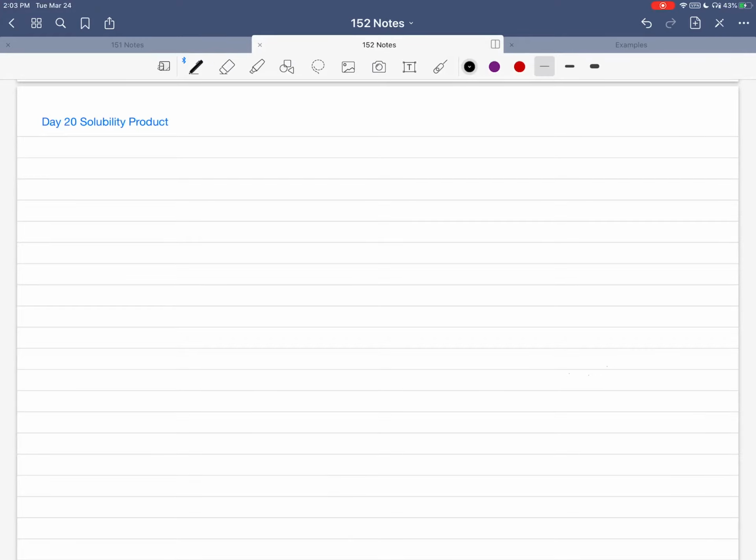Day 20, Solubility Product. Today we're talking about heterogeneous equilibria. All right, heterogeneous means different phases. Well, why are we going to talk about this? Well, some salts,